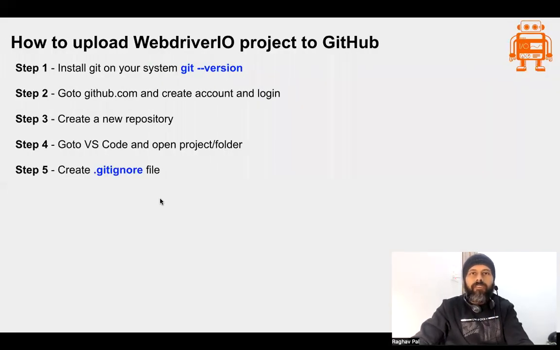We have to create a file called .gitignore, and the importance of this file is when we put our project on version control, when we add it to a version control system, when we add it to Git, there are some folders, some files which we do not want to add. There are 2 reasons. The first one is we do not need them to be uploaded on the remote repository, and the second one is they may be some very heavy and bulky files. For example,